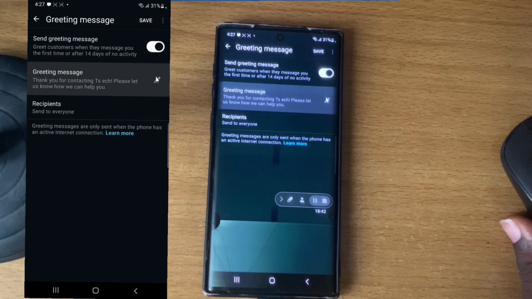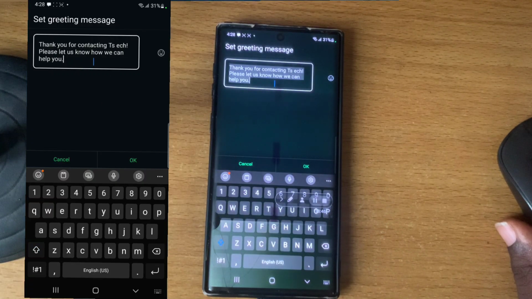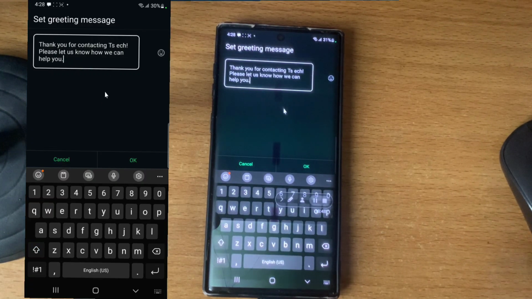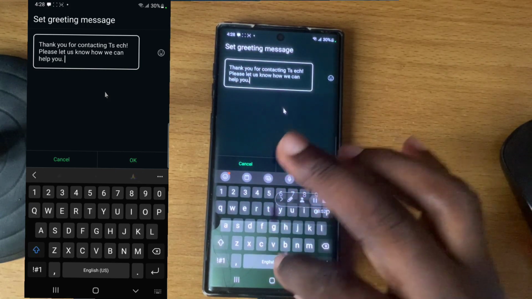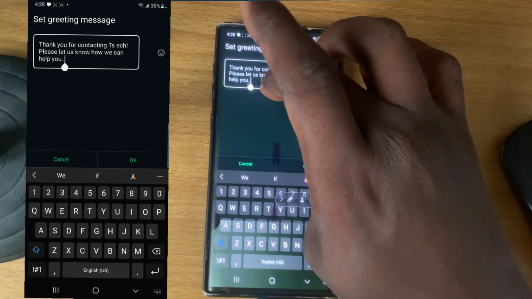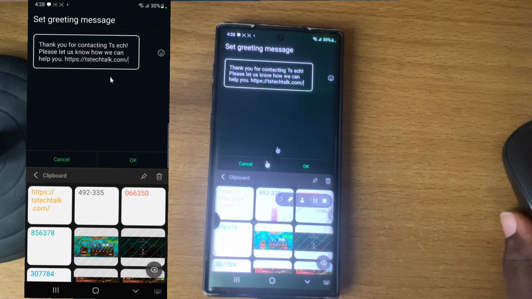You can also edit that by clicking on this pencil icon, and then you customize this message however it suits you. And if you are offering a product, you can just put your website link right here. You remember I copied my website link that time. Let me go to my clipboard. This is it. I can paste it. So you can do